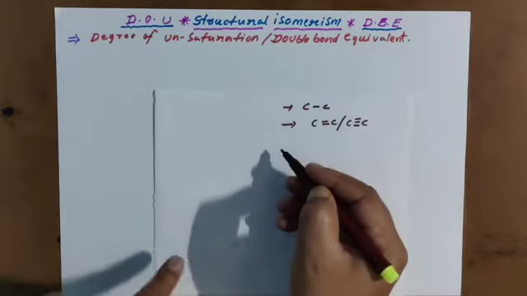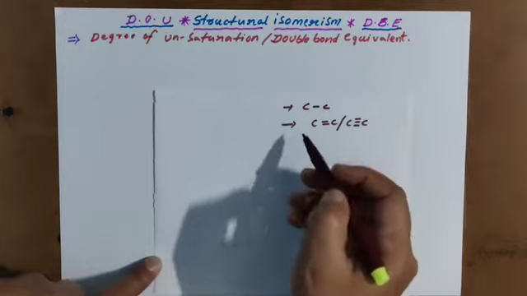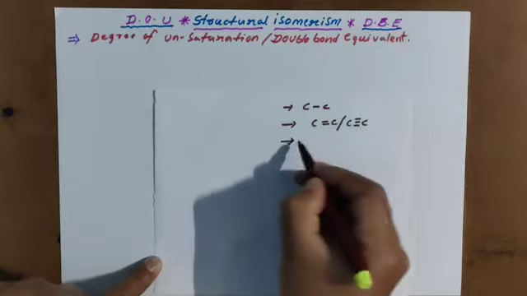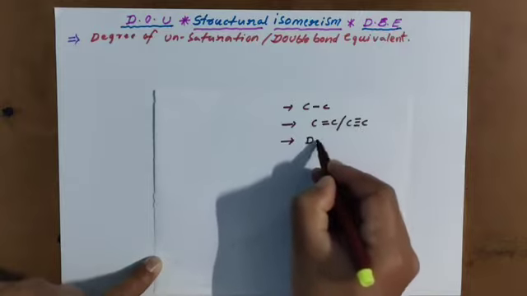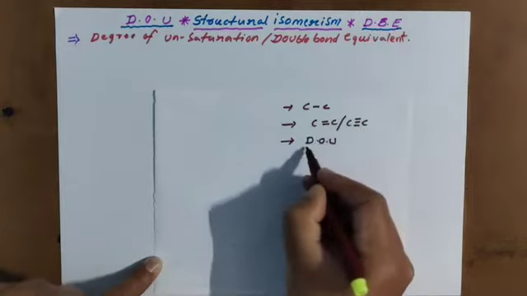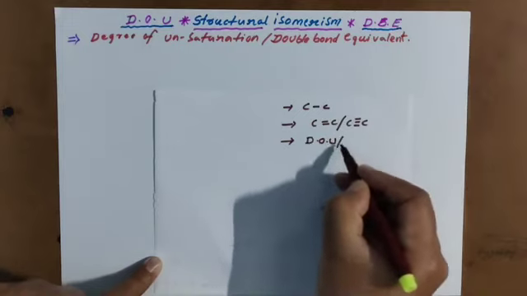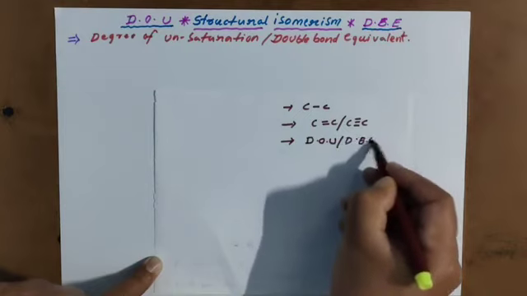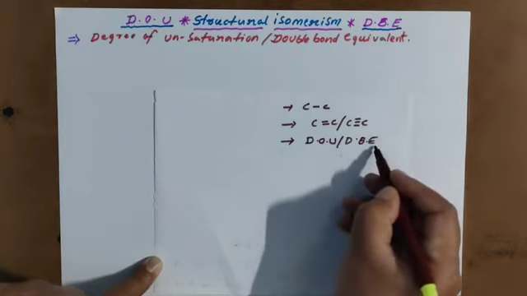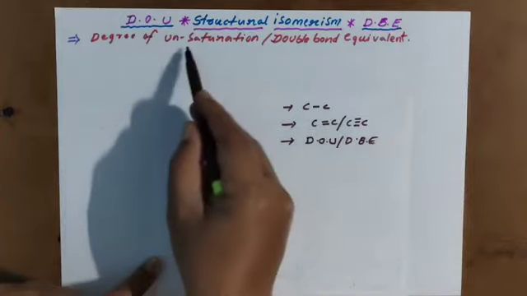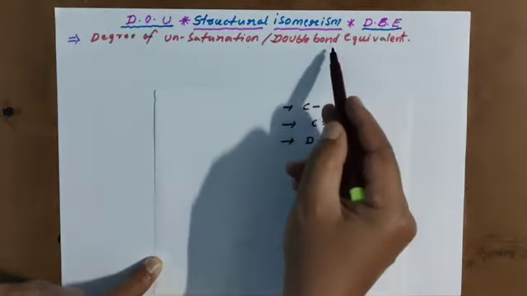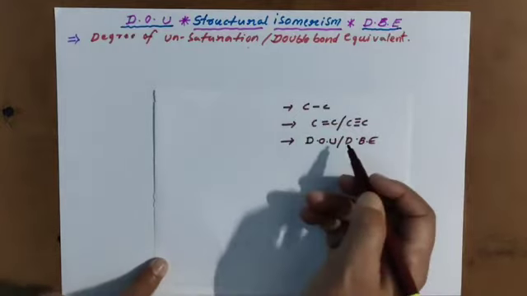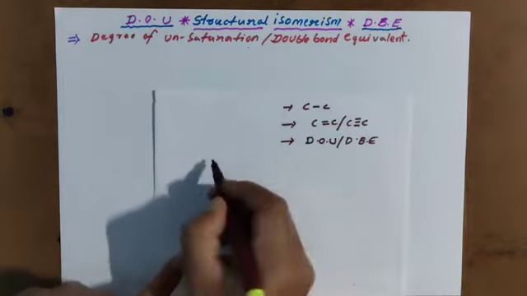To know structural isomerism in unsaturated compounds, we have to discuss DOU, meaning degree of unsaturation, or with another name DBE, double bond equivalent. So why do we have to learn about this? See here,